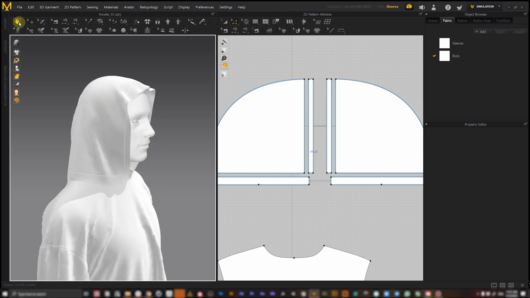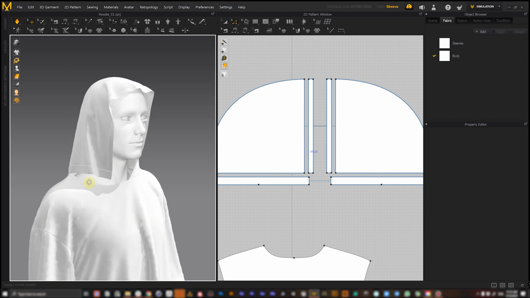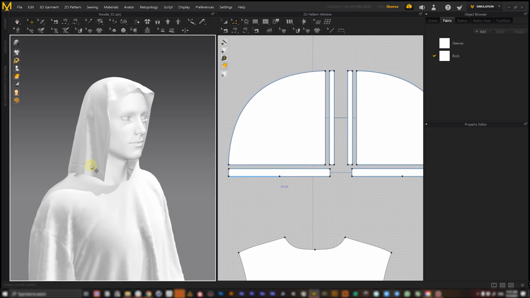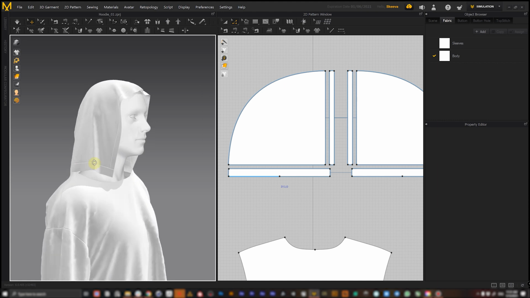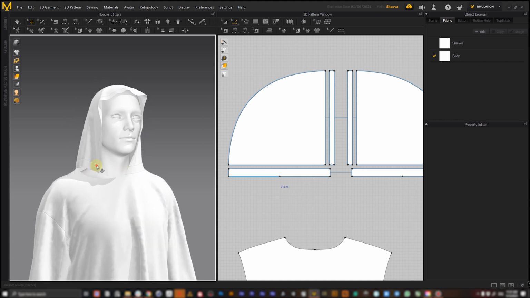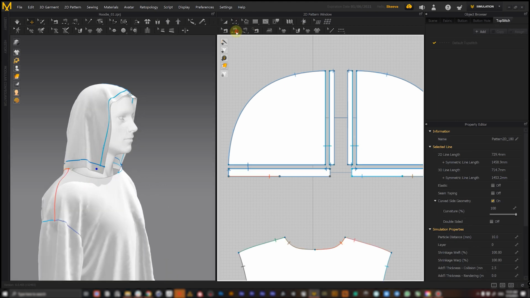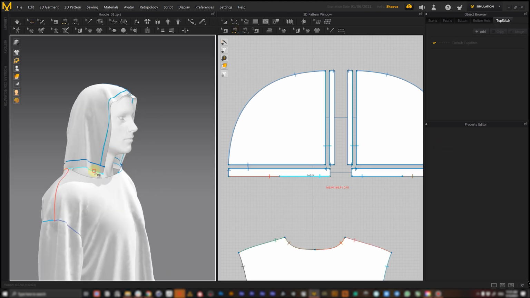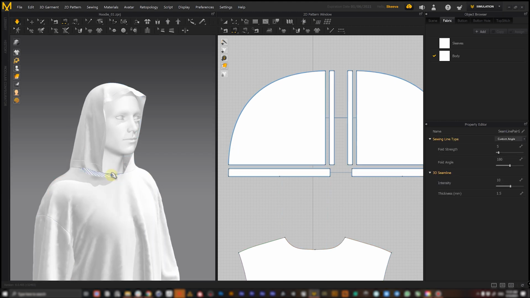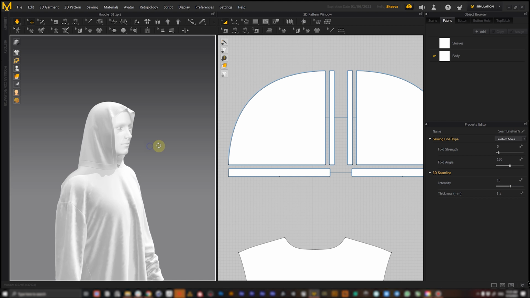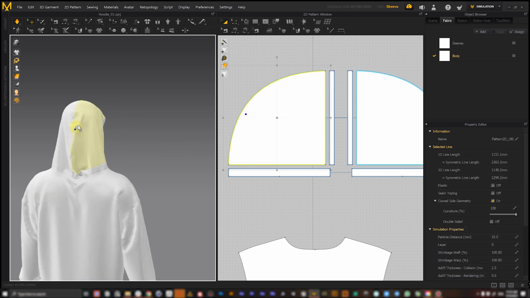Okay, now we've created those lines, and let's simulate. As you can see, it detached one of the parts, but it's not a big deal. Sometimes it happens because the software doesn't really understand why you're doing so many cuts and sewing. So let's press N, segment sewing, and re-sew those parts and press simulate. Now we have a good looking